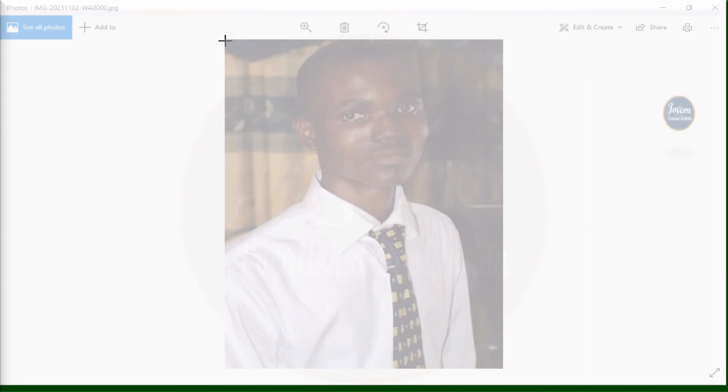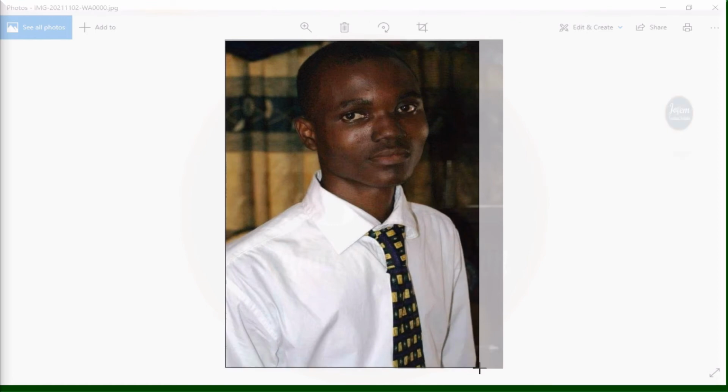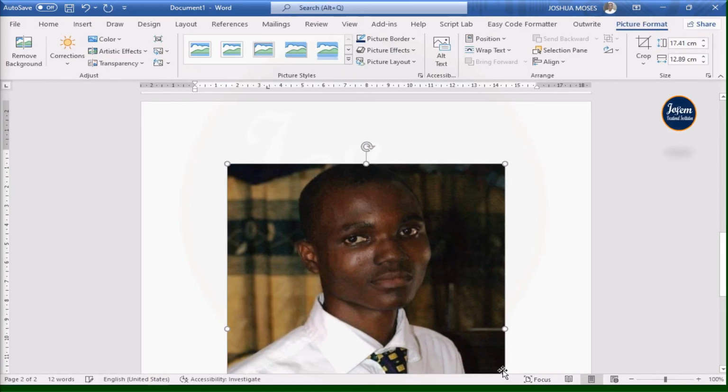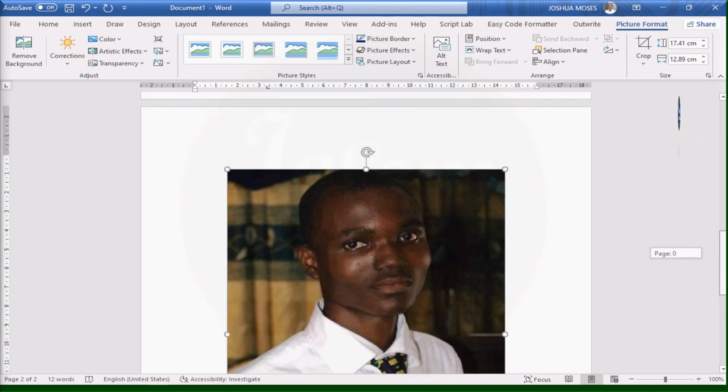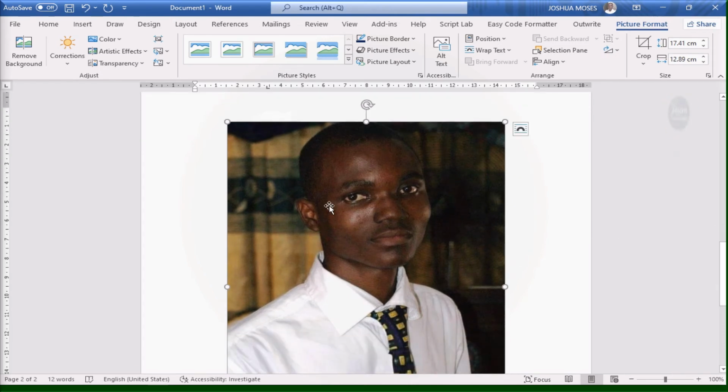Then you can easily drag what you want to clip. You can easily drag. Let's just drag this way. Good. That appears in our Microsoft Word automatically. So now that it appears in Microsoft Word automatically, what next? I know the next thing is you want to edit